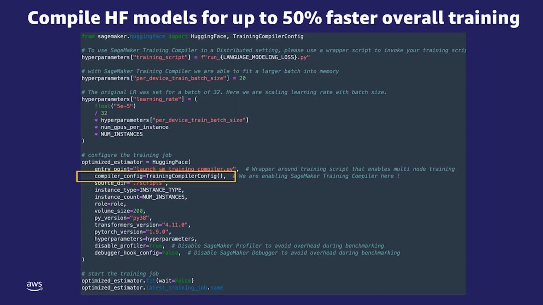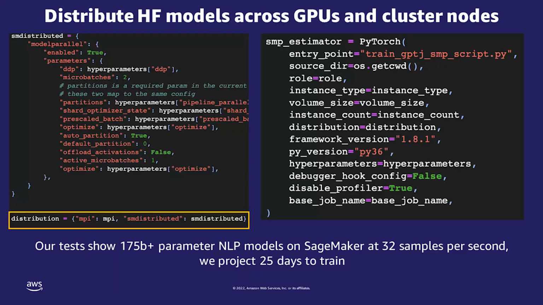The only code change that we ask is that you pass in this training compiler config. So essentially in your estimator, pass in this training compiler config, and we will take your model and literally make it smaller. Essentially, there are a number of different compilation methods, and what is going to happen is that we're looking at the profile of your model, and then we're placing different pieces of your model on your hardware in a more optimized fashion, just to utilize less and less memory to give you more memory for larger batch sizes and faster training. So SageMaker Training Compiler delivers up to 50% faster overall training.